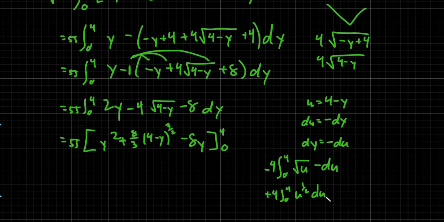4 minus 4, well, that's 0. And then what is 8 times 4? Oh, because, well, that's not helping. Yeah. What is... Then once we look through,